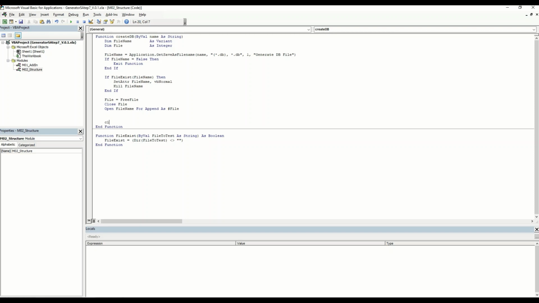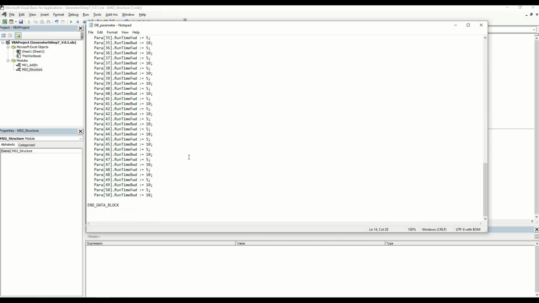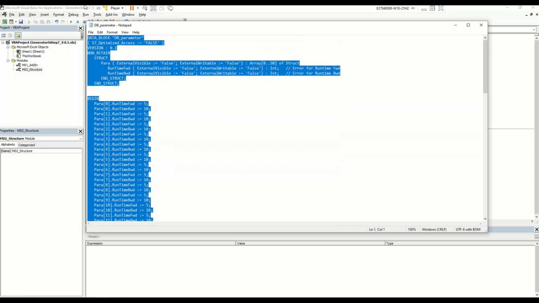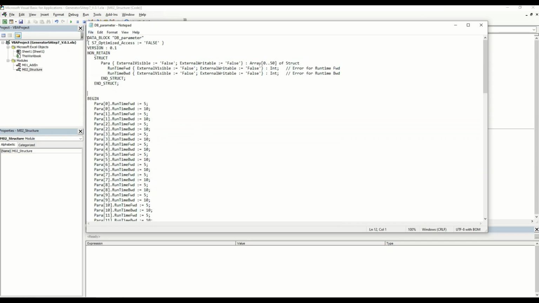So I would like to do it before, so I would like to close file. So this is just gonna be the end. And here we're gonna have print file, and here we're gonna have actually our data. So what I'm gonna do, I'm just gonna go and copy everything that we have here,